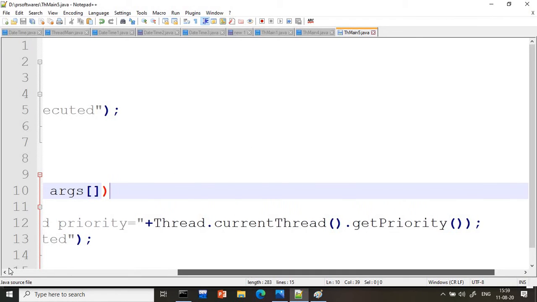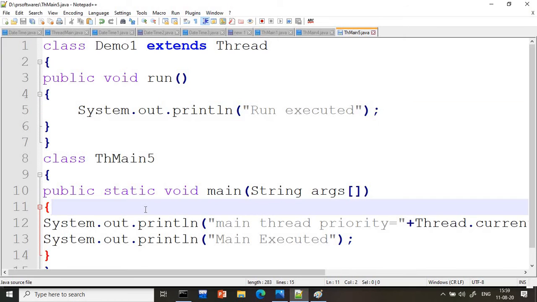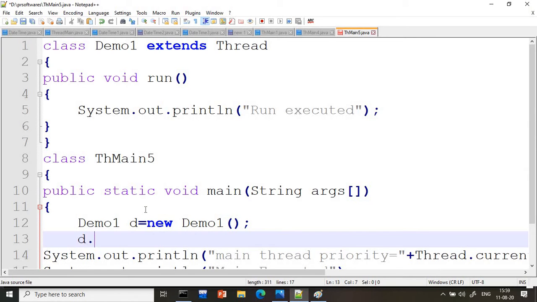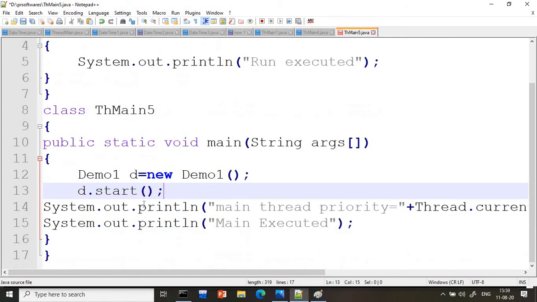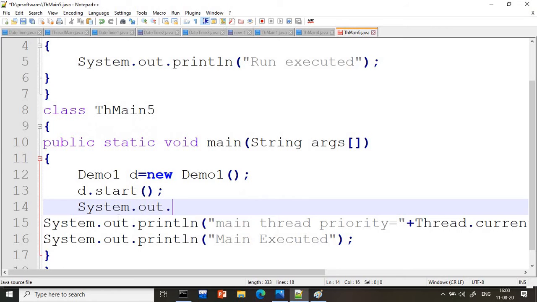Now I want to call the run method from this class. So how to call it? You have to create the object of Demo1, d = new Demo1(), and call d.start(). We already know that whenever we call the start method, immediately a thread will be created. I want to check the priority of the d thread now. System.out.println: total how many threads are there?